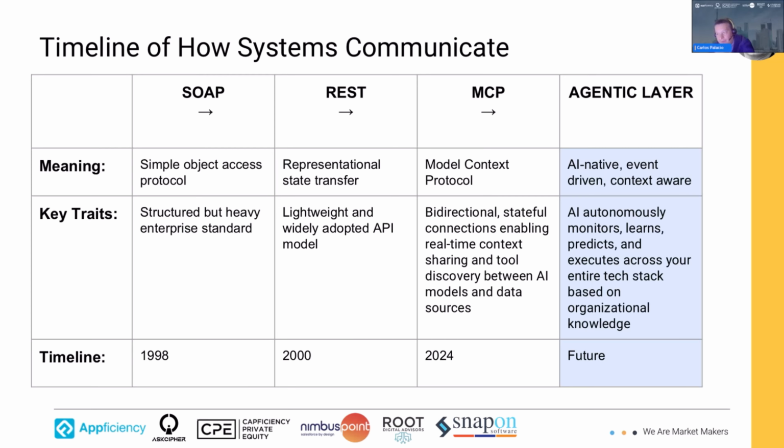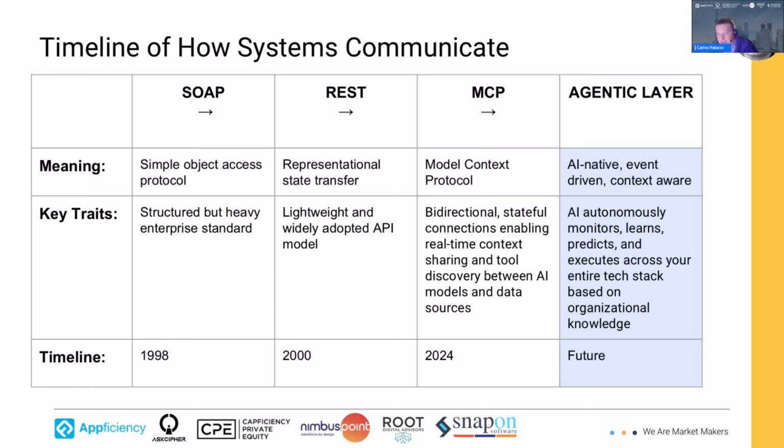So we have SOAP, and this has been there forever. It's still being used since 1998, and it's Simple Object Access Protocol. Very, very structured, but it's very heavy.